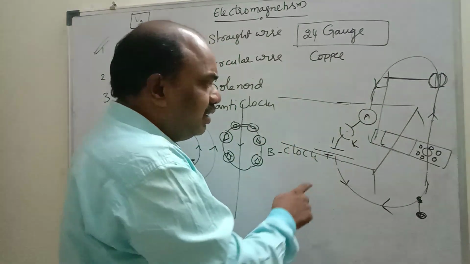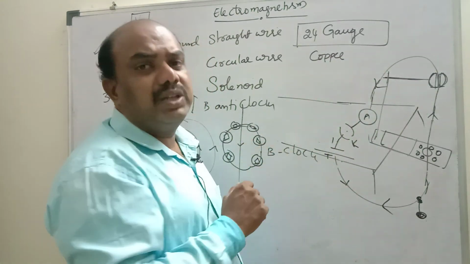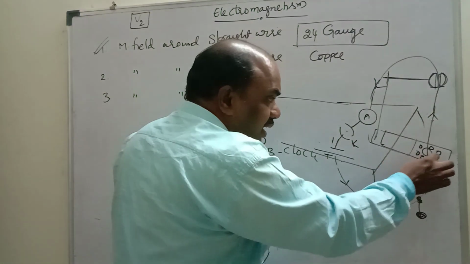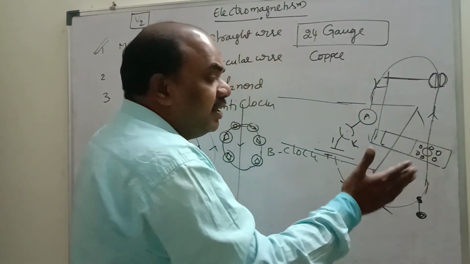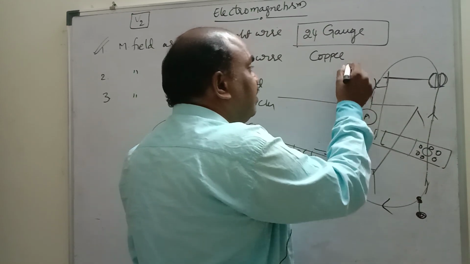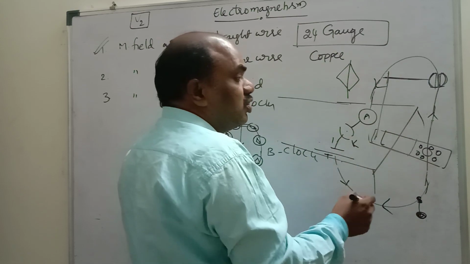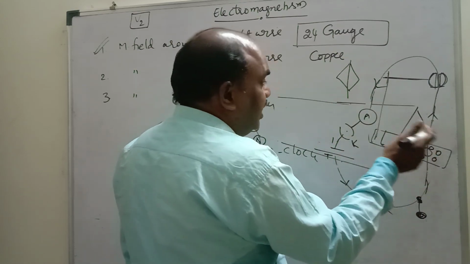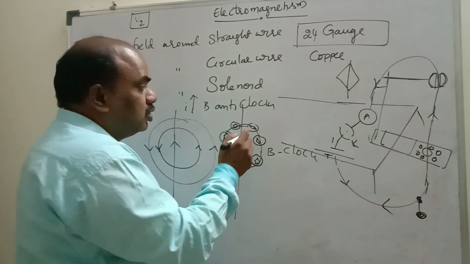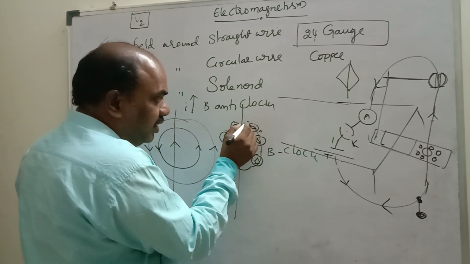We know that current always flows from the battery's positive terminal to the negative terminal, that is, from higher potential to lower potential. If you place small compasses around this current carrying wire, the direction in which the compass needle deflects is the magnetic field direction. The tangent gives the direction of the magnetic field. Current is going down, so the north pole deflects to this side and the south pole deflects to this side.